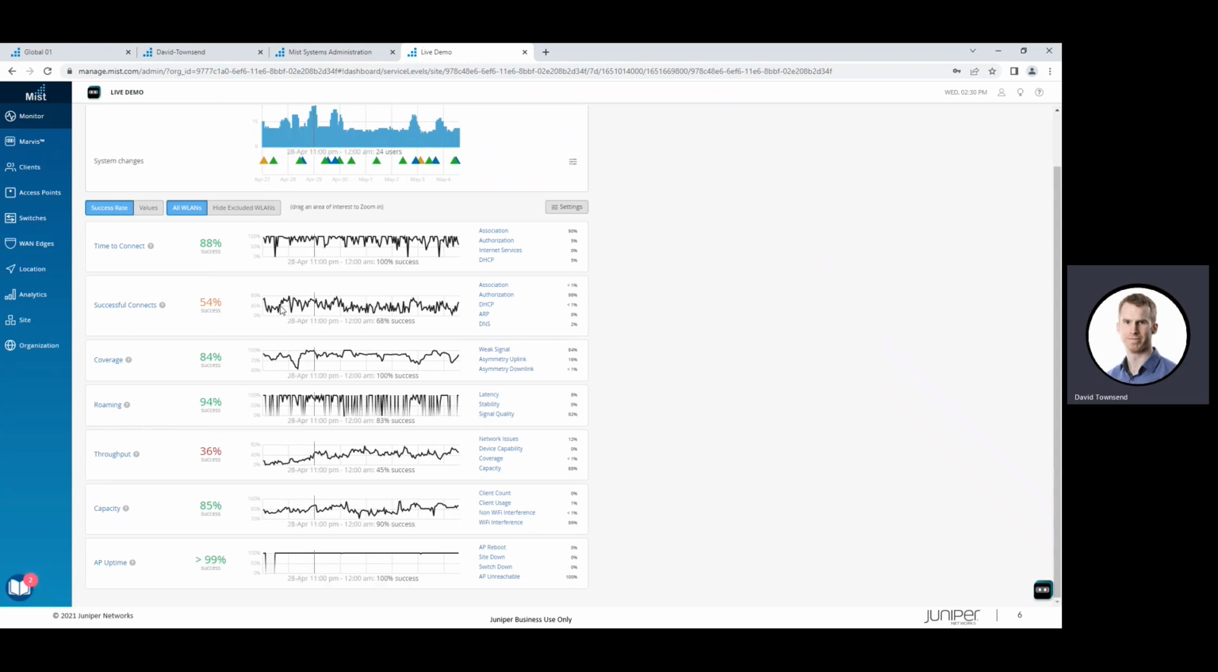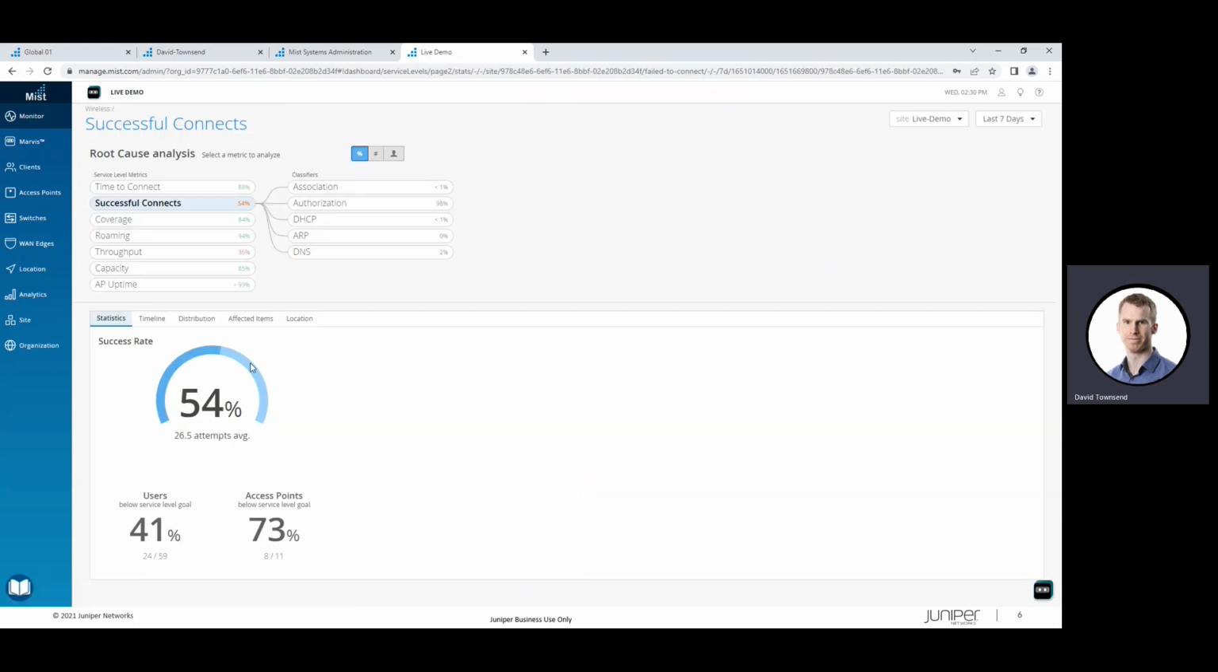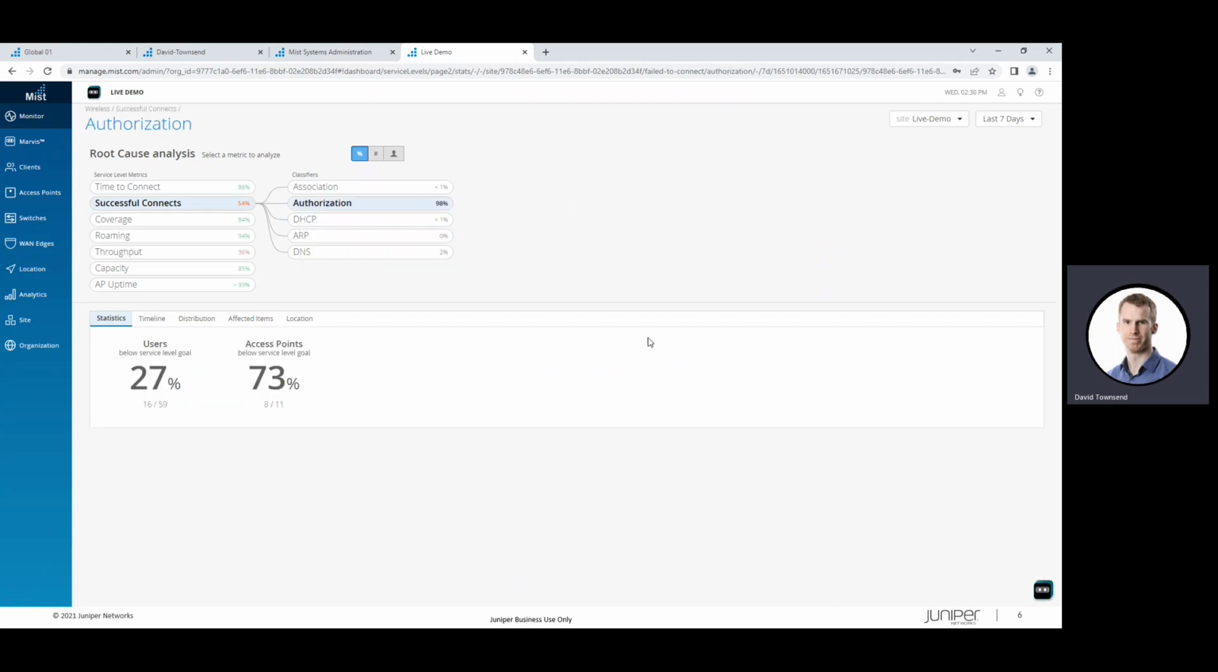Throughput is really not great, but also successful connects is experiencing issues. And if I click on successful connects, I could see that 98% of the 46% of users who are not connecting successfully, they're doing so because of authorization, incorrect password of some sort. And if I click on authorization, it will then display the statistics for authorization for the last 7 days,